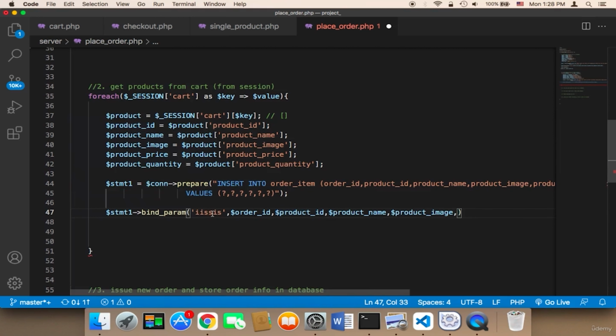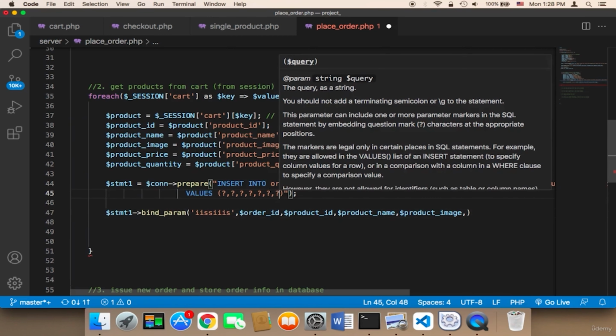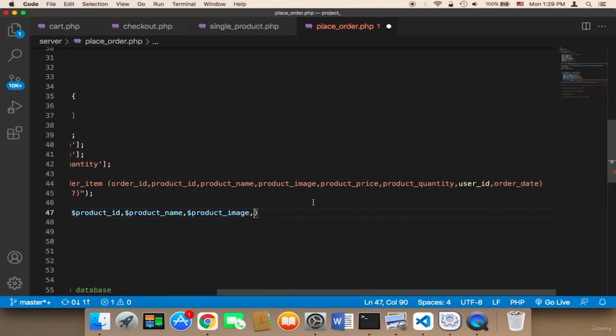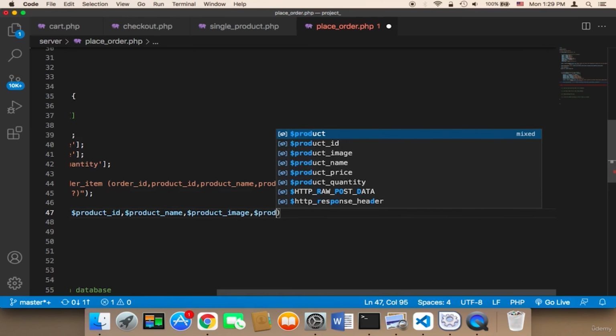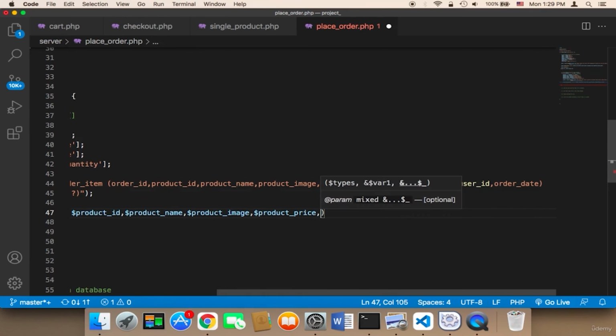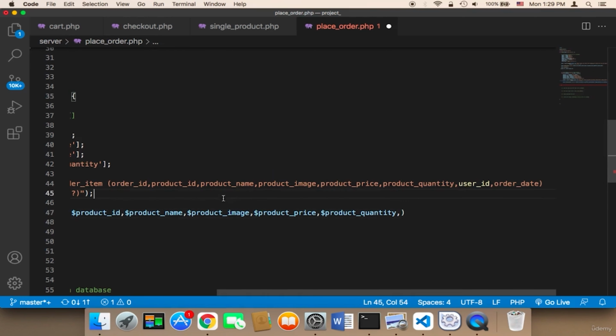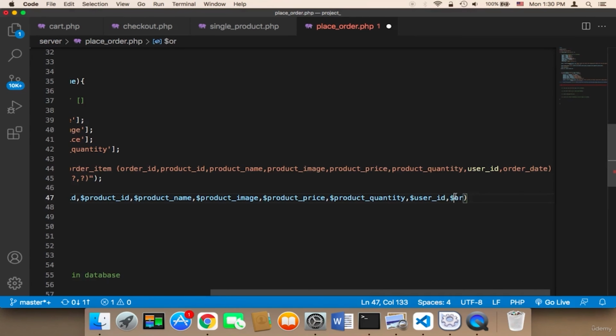So we need to say I, and then IS, and then here we need to increase the number of question marks. So I'm going to increase the question marks to 8, because now we have 8 parameters. 1, 2, 3, 4, 5, 6, 7, 8. And here I'm going to say product image, and then product price, and then product quantity, and then product and then user ID. So the last parameter is the order date,